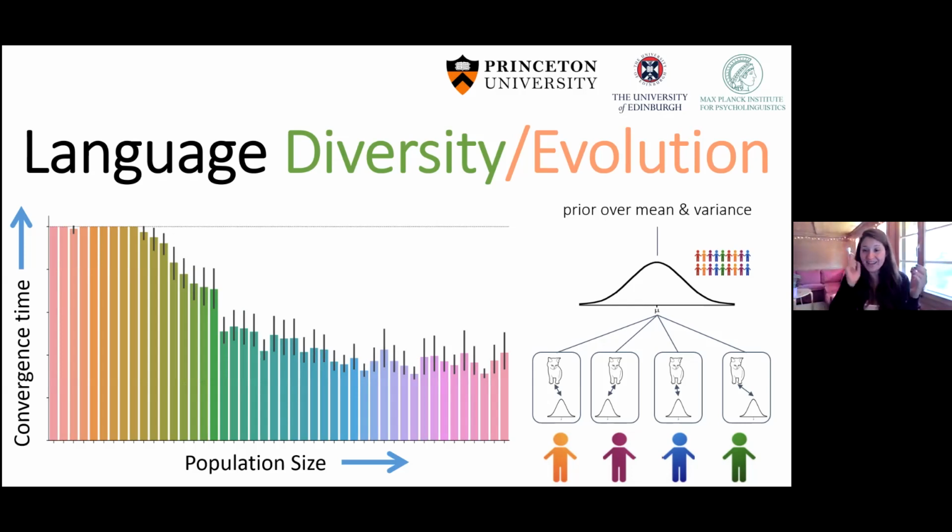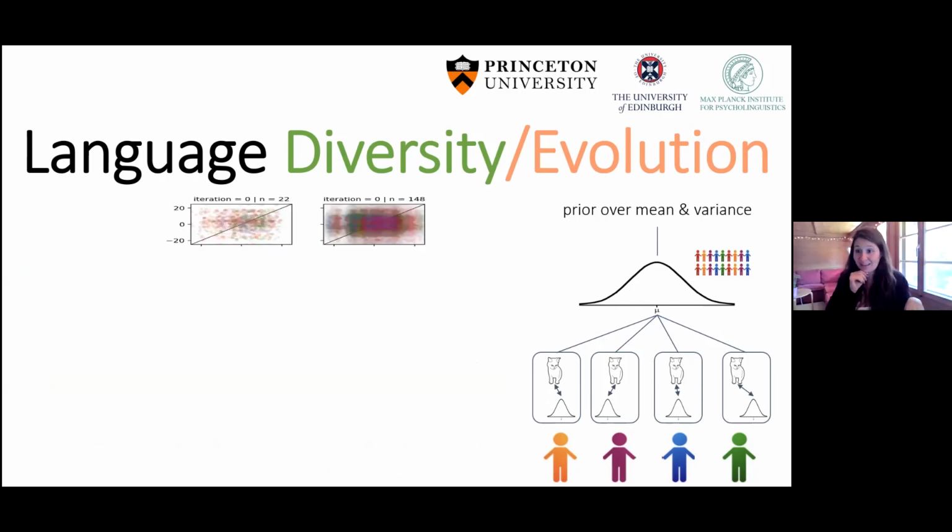And even more interestingly, we can see what kind of convergence we get in this population. So I hope I can explain this plot well. It's a bit complicated, but it's really interesting. So take a look at this. This is a small population compared to a big population. And this is the start of the model. So here, each point represents a pair of individuals, the producer on the x-axis and the receiver on the y-axis. So every point is a possible pair in the community.